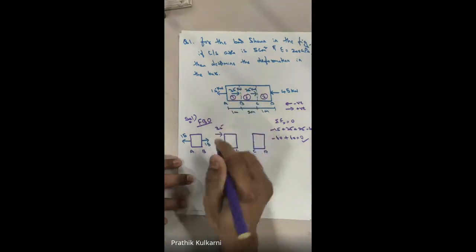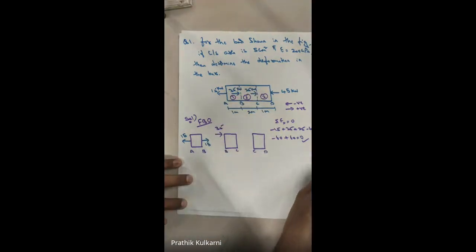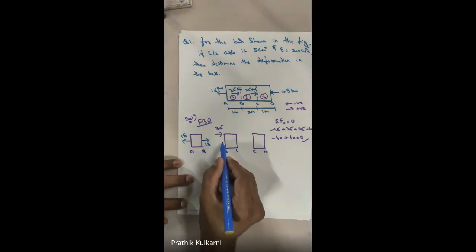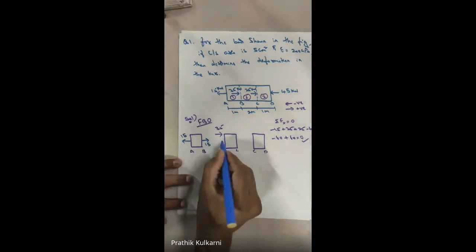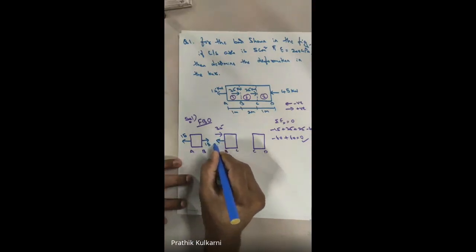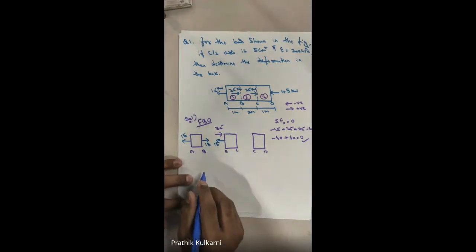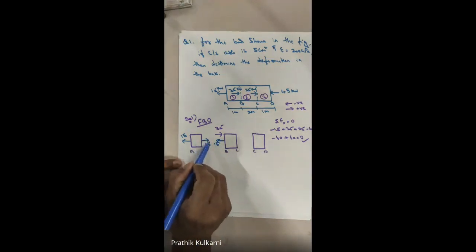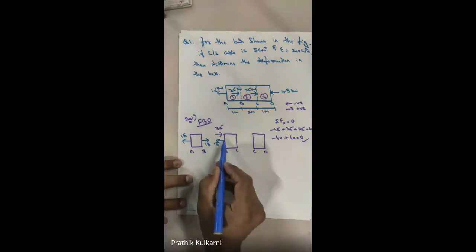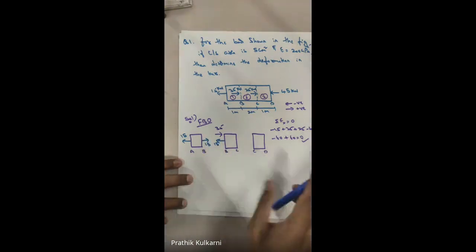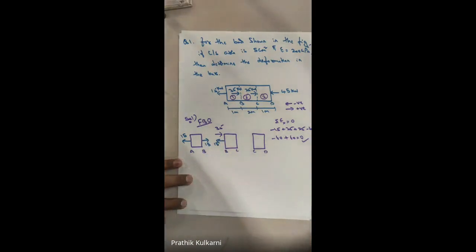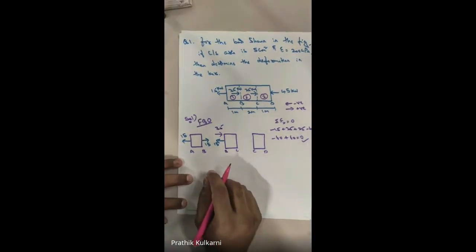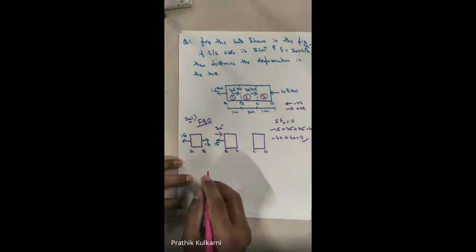Fine. If this is my 15 kilonewton, so what should be the load here? यहाँ पे लोड क्या होना चाहिए बेटा? इसको काउंटरैक्ट करने के लिए इधर 15 होना चाहिए ना आपको. Yes or no? To counteract this one, then only this will be in equilibrium. If here it is acting towards right, if it is 15, it has to go towards left. Then what is the total load, and what will be the direction? You have to just find it out.